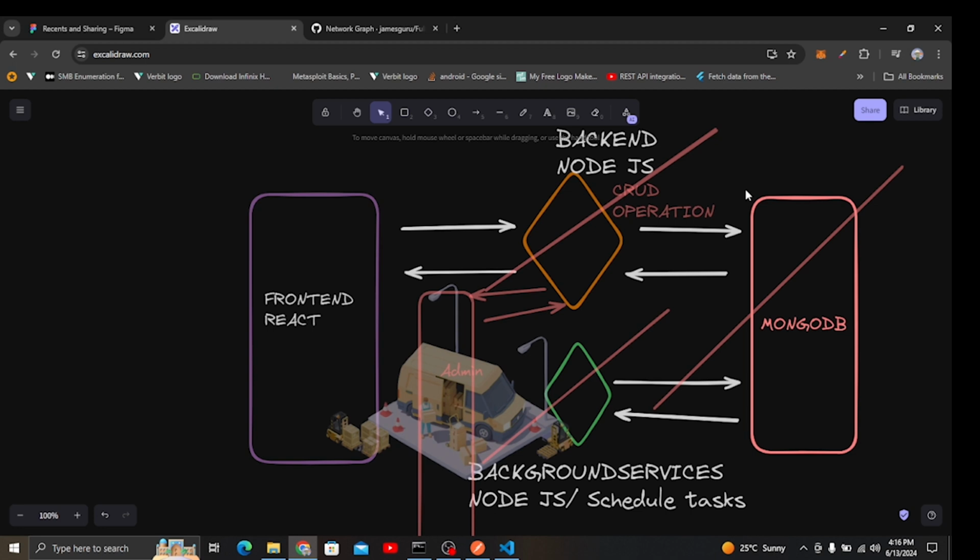Now here in our background services, we are going to do something very special, and this will be scheduling tasks. So we are going to run a different task here, and this task will be scheduled. For example, we are going to run a task that will check our database every second to see if there is a user who has a status of 0. That is the default status, and it means that user has been newly created and no email has been sent to them. Then what background services will do is send an email to that user,